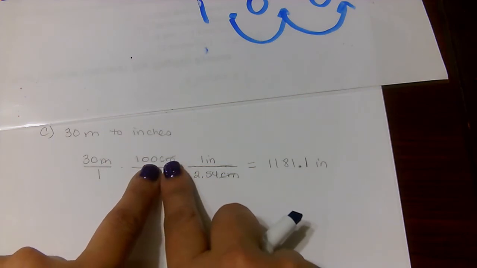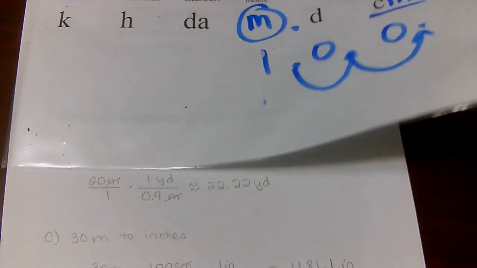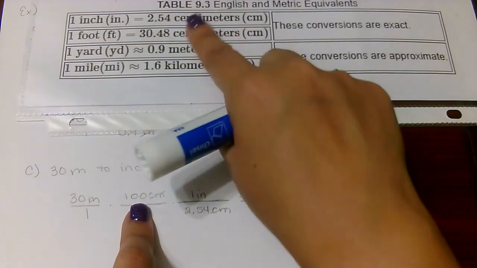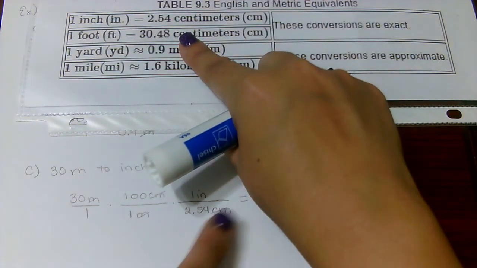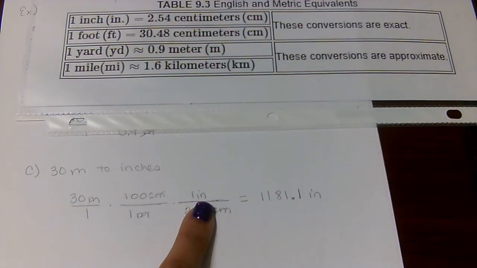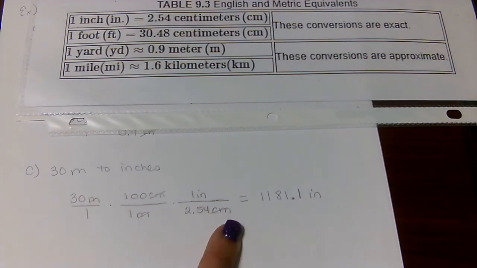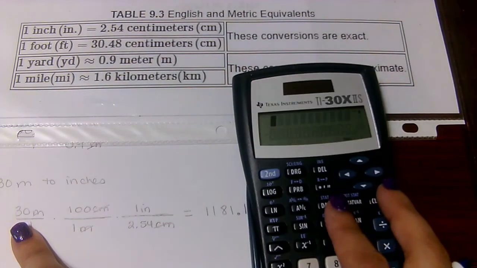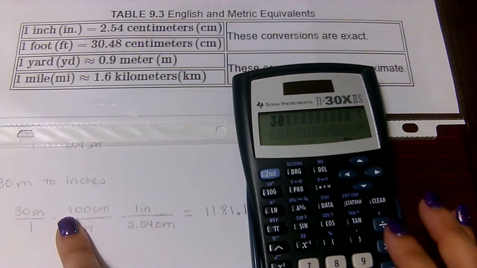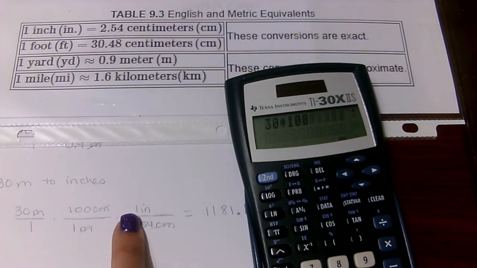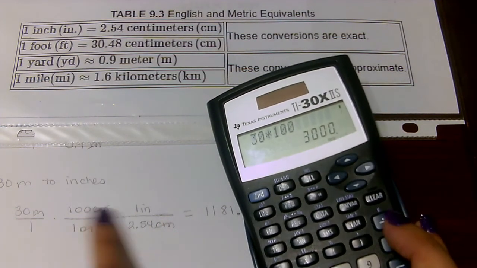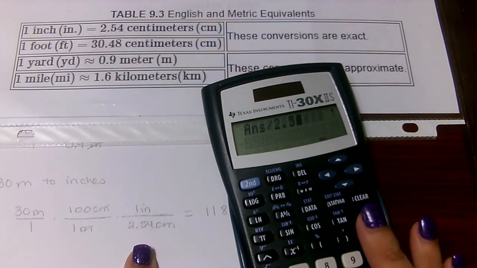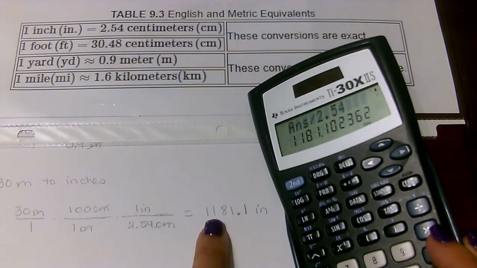Once I have the centimeters up here, I can go ahead and go back to my conversion and use the centimeters that's located here. So the 2.54 centimeters is equal to 1 inch. Okay. Now that I have the multiple steps, I can just go ahead and use my calculator to multiply these together. I'm going to do 30 times 100 times 1, which I don't need, so I get 3,000 in the numerator, divided by 2.54, and I get